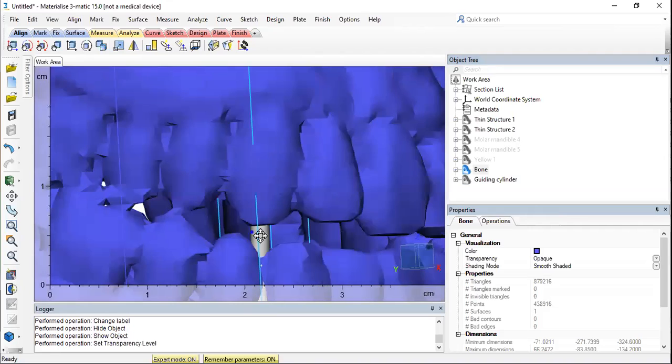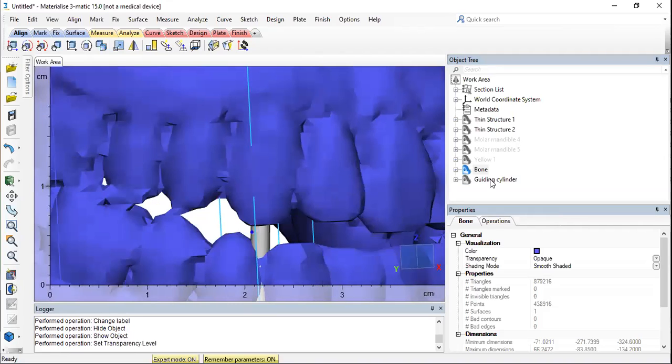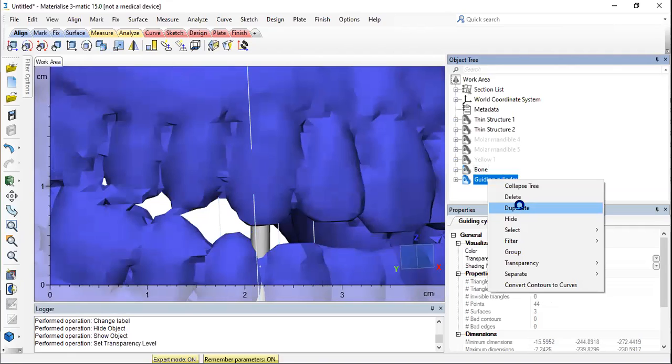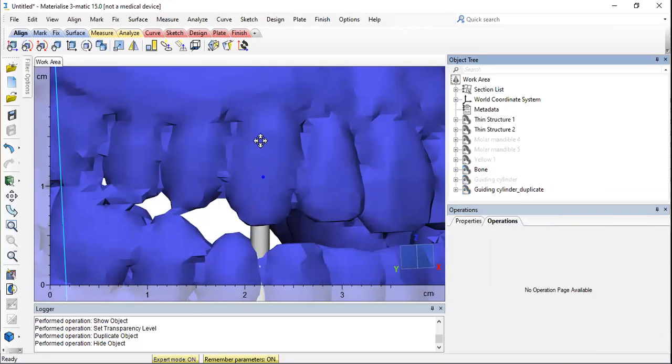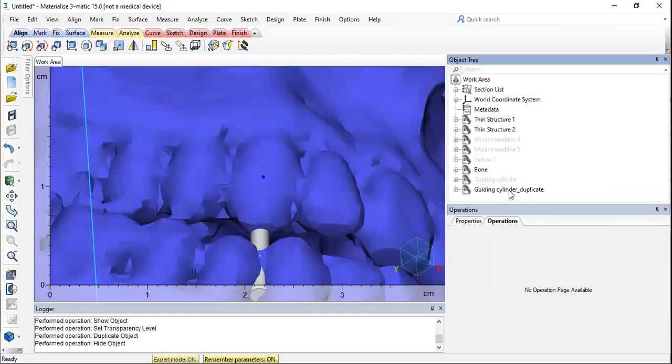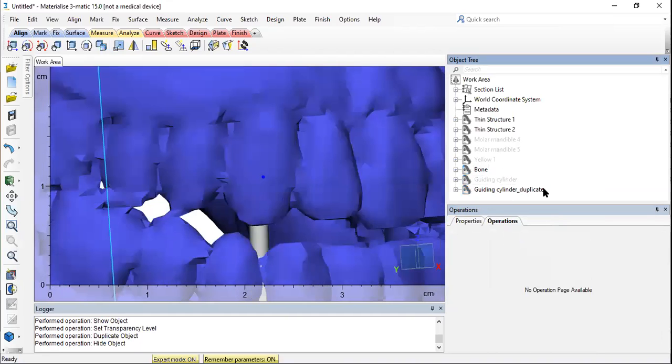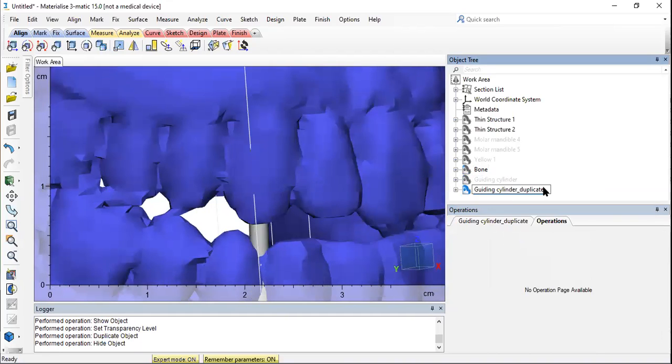So I'm going to first duplicate this, and this will become my guiding cylinder or guiding slot base.